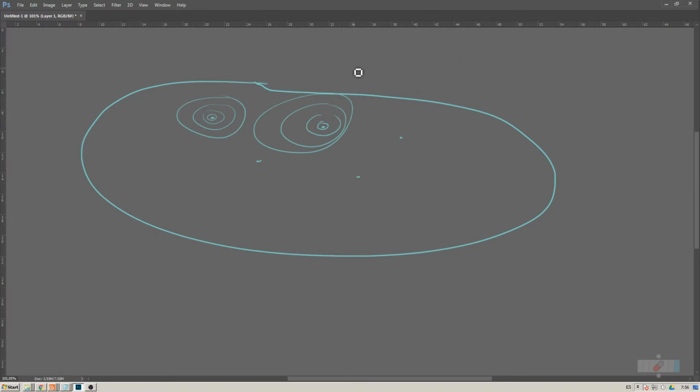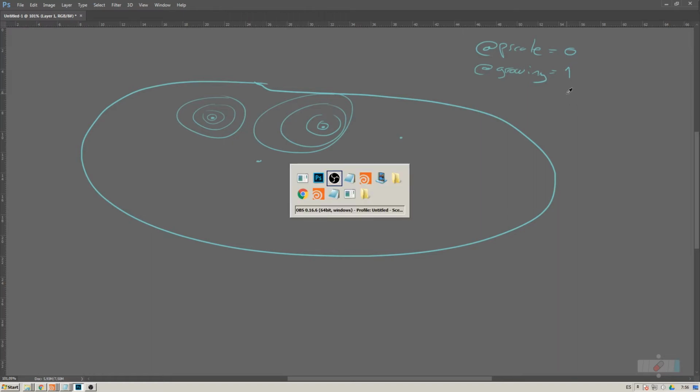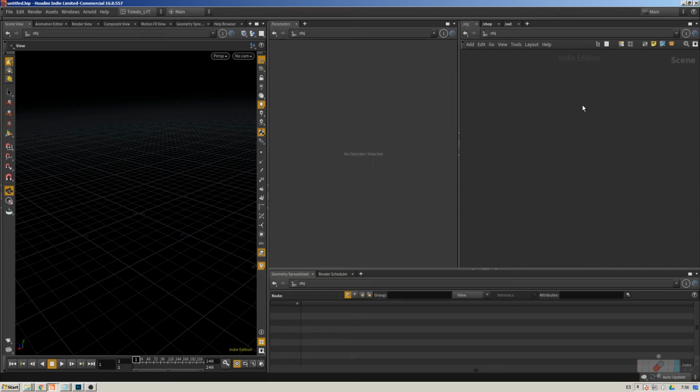So we need two attributes in here. One is going to be the P scale, and when the point is created, the P scale is going to be 0, and then the growing state. So growing can be either 1, that means it's growing, or 0, meaning not growing. So when they start, they should be growing. Okay, so let's jump to Houdini and